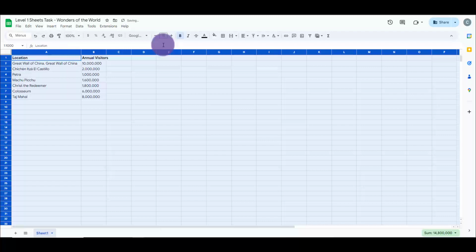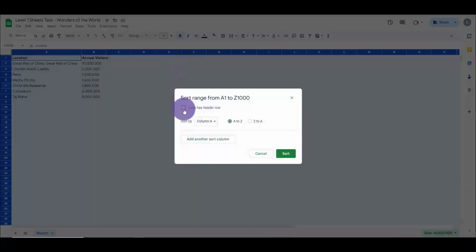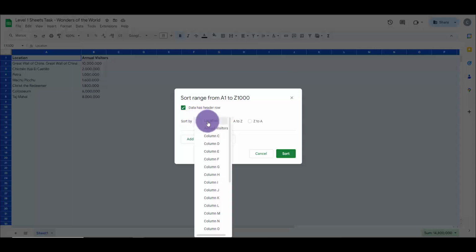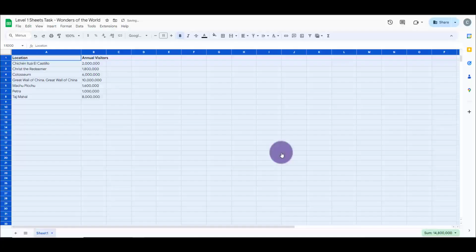But this time we're going to do it a little differently. We're going to go to Data, Sort Range, and then Advanced Sorting Options. Now I'm going to tell it data has a header row, and we're going to still sort by location A to Z. I'm going to press Sort, and now it kept those header rows in the same place